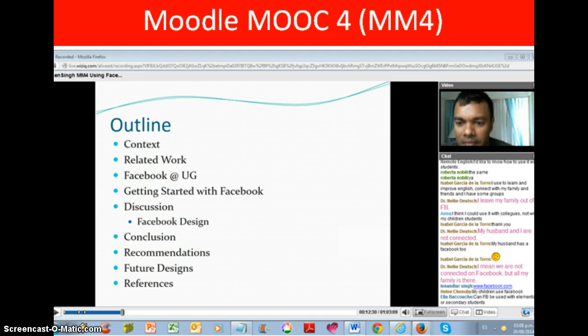The professor stressed that Facebook groups can only be used for students over 13 years old due to Facebook's policy about age. Lecturer Singh said that for about 5 years he has been using the social network Facebook for his classes to support his online students.